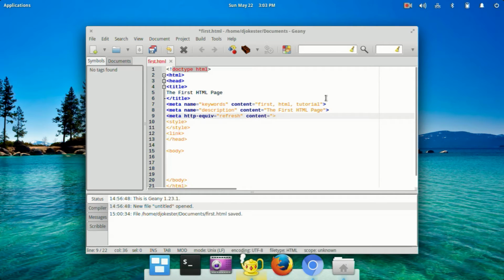In the content section I put in 5 seconds. This value is in seconds, whatever value you give. So if I write 5, it means 5 seconds. This meta tag tells the web browser that the web page needs to be refreshed after 5 seconds. Now suppose after 5 seconds you want to redirect to an external web page or some